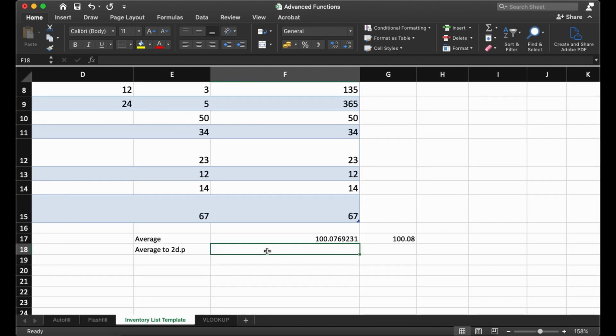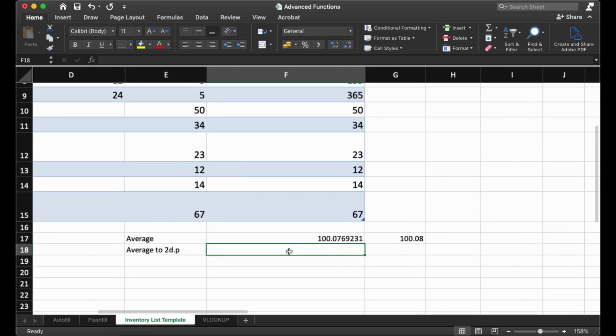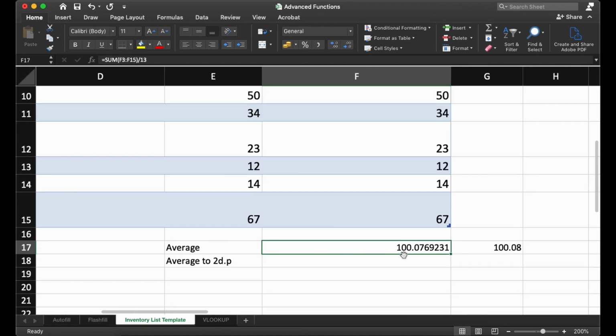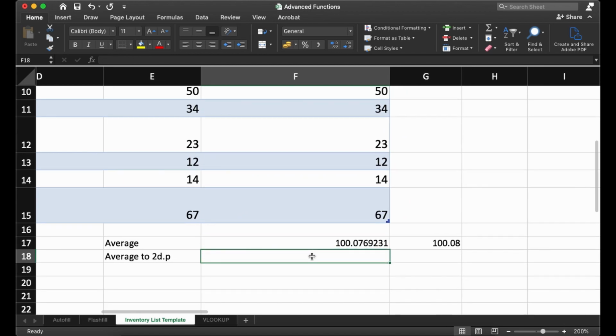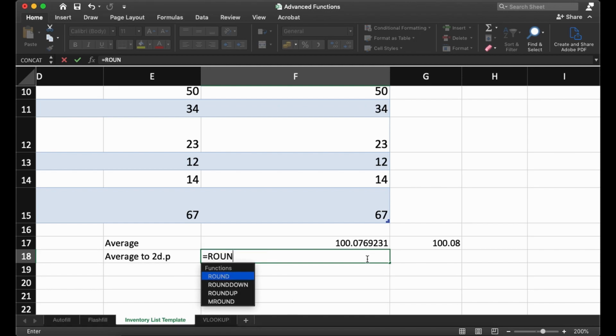The round function basically rounds any number that you give to it away from 0 to a specific amount of decimal places. So in this case, we want to round this number to 2 decimal places. To do that, we start by writing the formula. Don't forget to include your equal to sign. That is how you communicate to Excel that you're about to write a formula. And then we write the round function